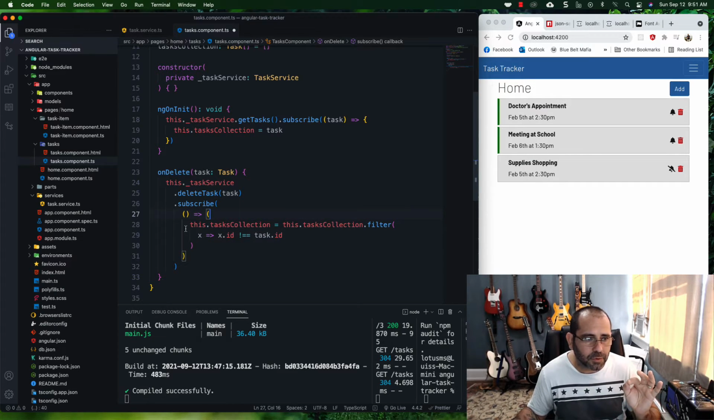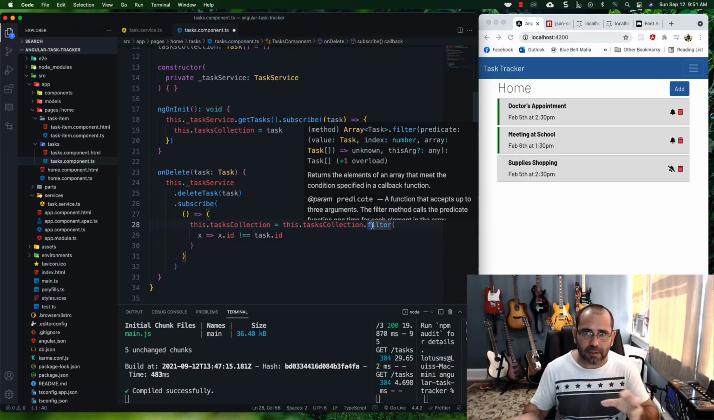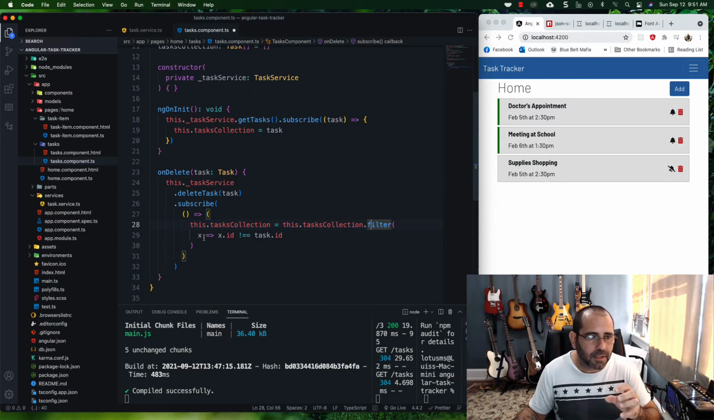When I subscribe to it, I am going to modify this task collection. I'm going to make it equal to something. What is it going to equal? It's going to equal the collection, but I'm going to filter out the ID that is being clicked on, that is not equal to